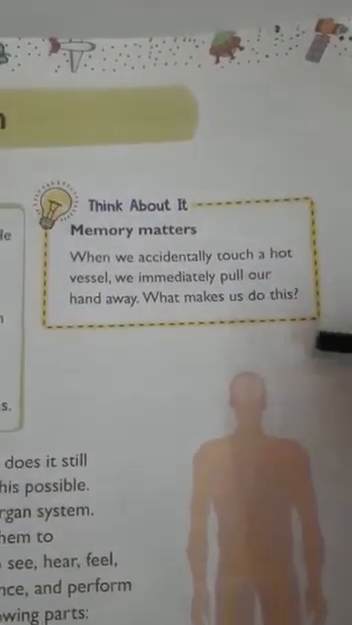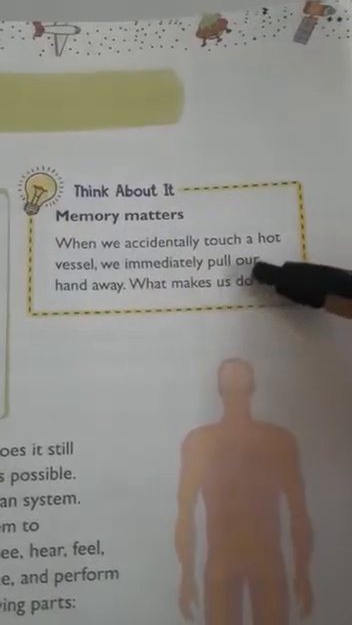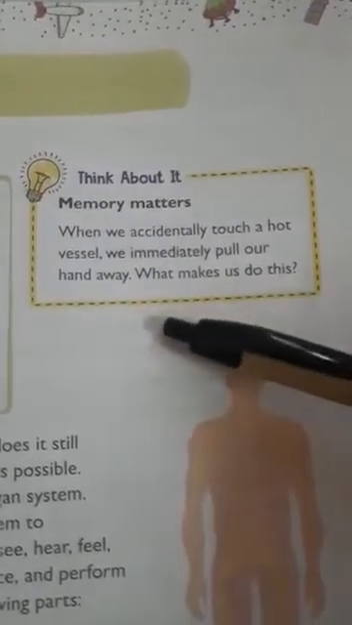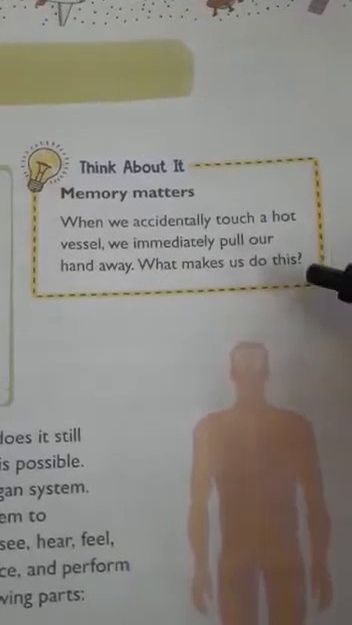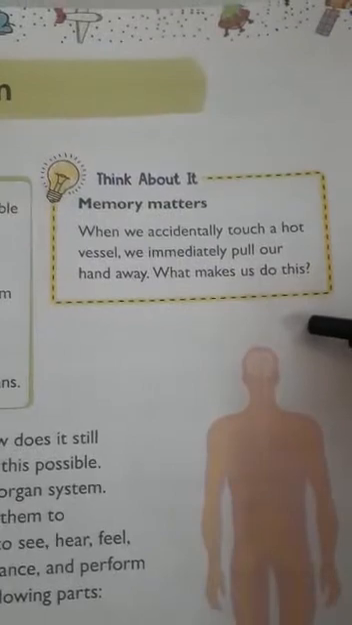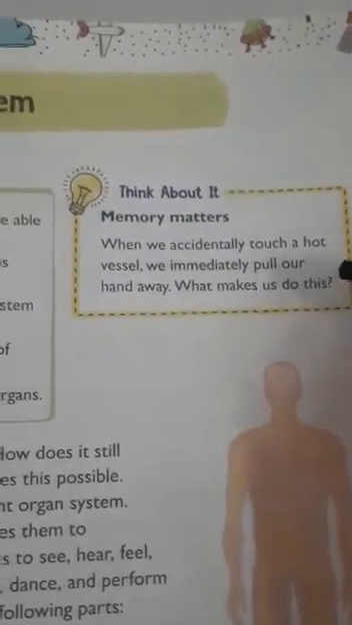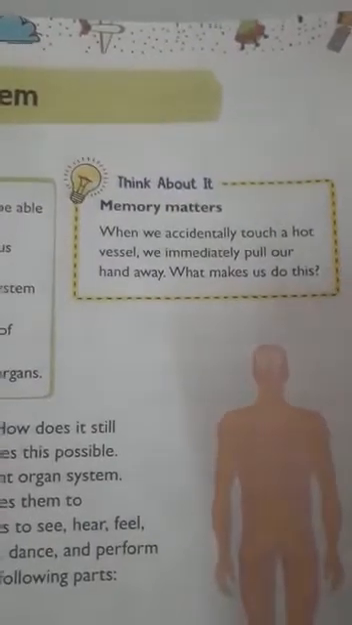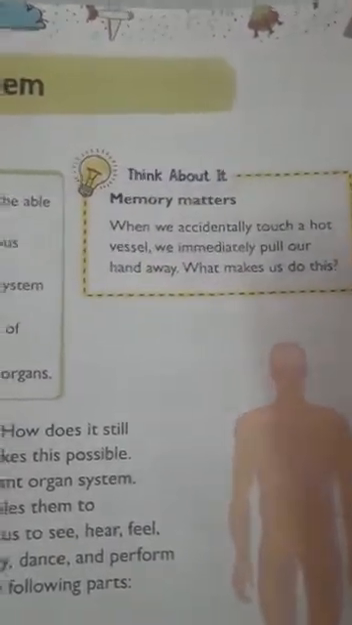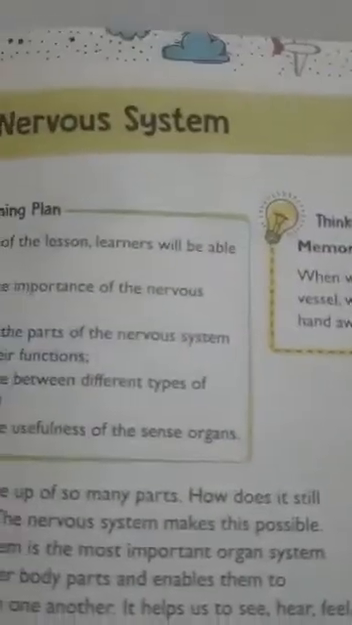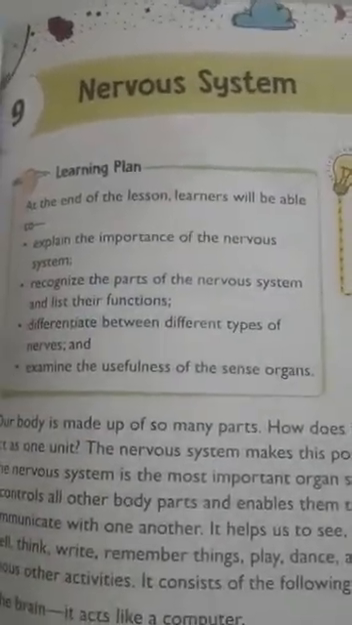Okay, so here memory matters. Let's see, can you answer this question? When we accidentally touch a hot vessel, we immediately pull our hand away. What makes us do this? Actually, our sense organs make us do this, because whatever hot or cold object we touch or feel, our body immediately responds to it. So which system controls all these things? Actually, our nervous system controls all these